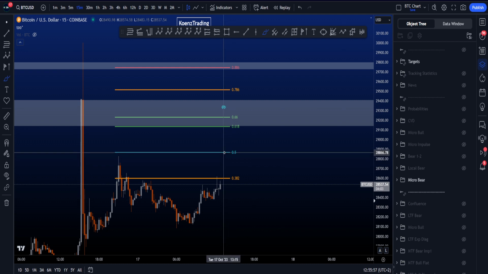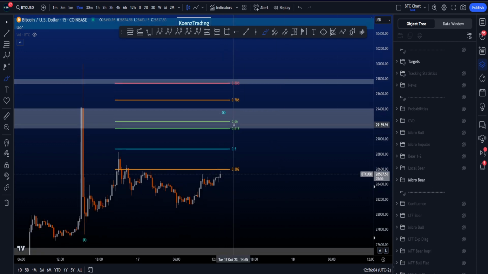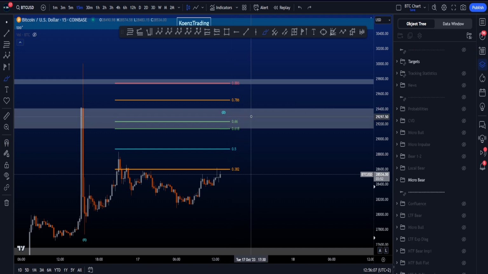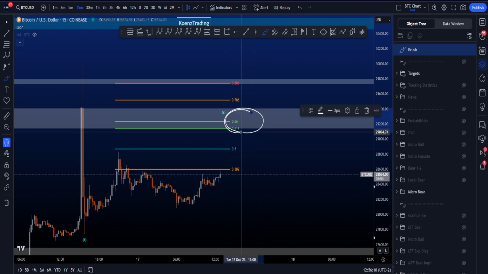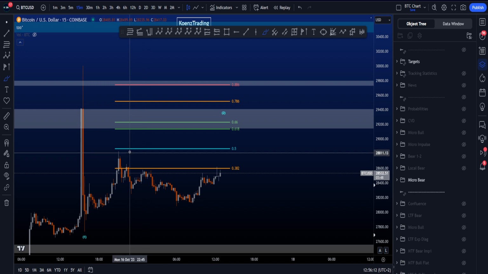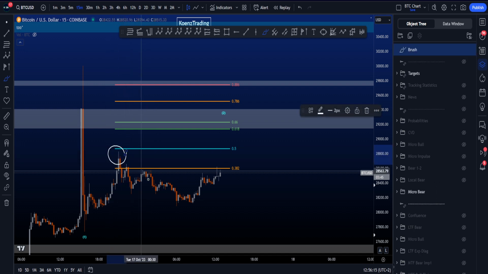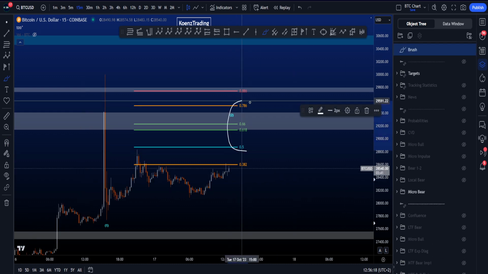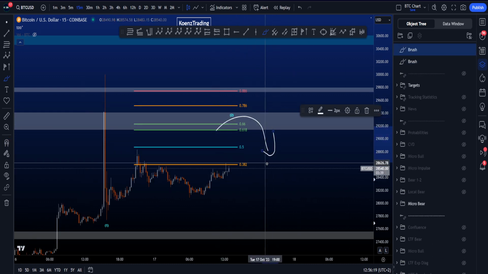That means we are looking actually for price to move up just a little bit more between 28.9k and 29.5k, which also includes the golden pocket here between 29.1 and 29.2, which is in confluence with the target box over here. So that's definitely interesting. You can also see, by the way, the 0.5 has been missed out once before. So in this scenario, it would be nice to see at least a little bit more upside before a potential